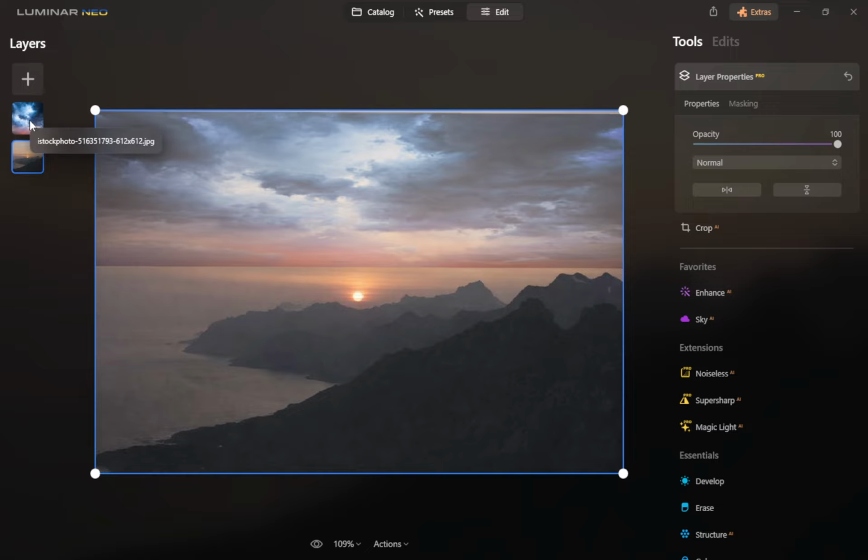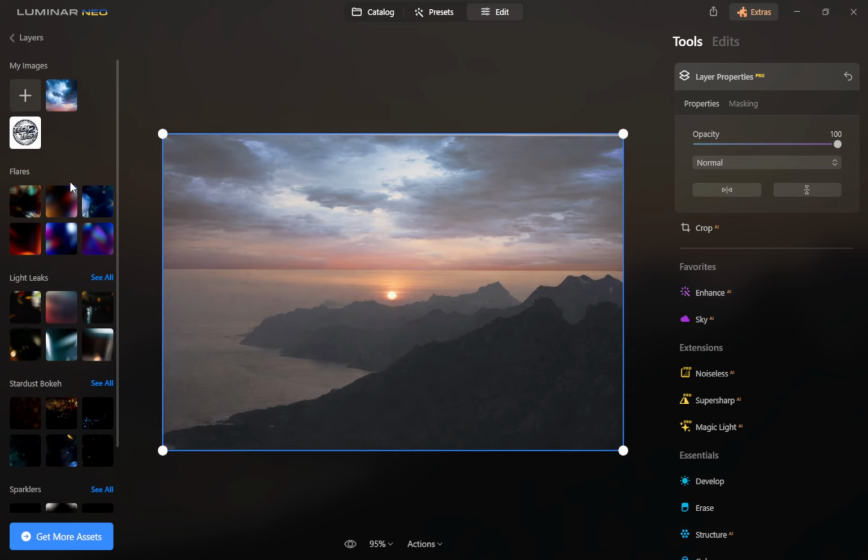That's the workflow. Open, add, adjust, blend, and manage. With layers, you can explore bold ideas while keeping full control of your original image. Have fun experimenting and building your own creative stacks.